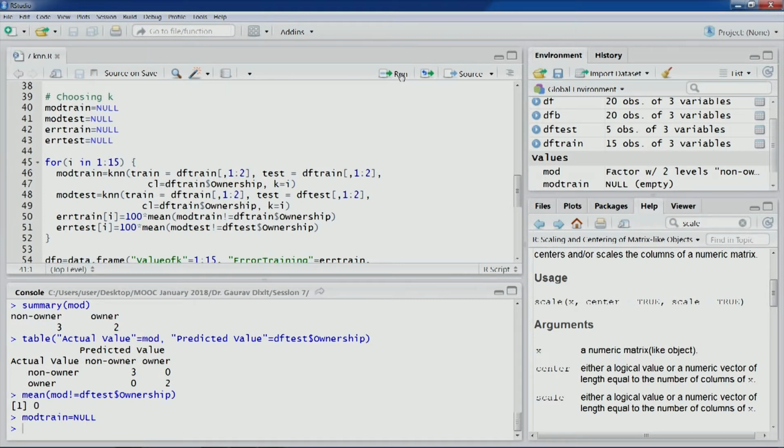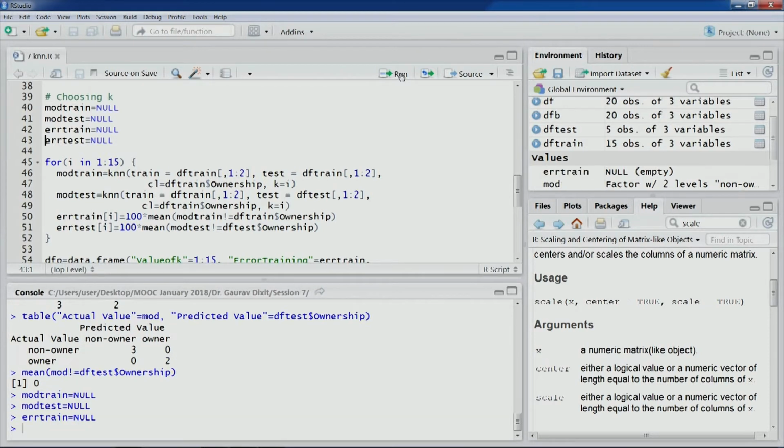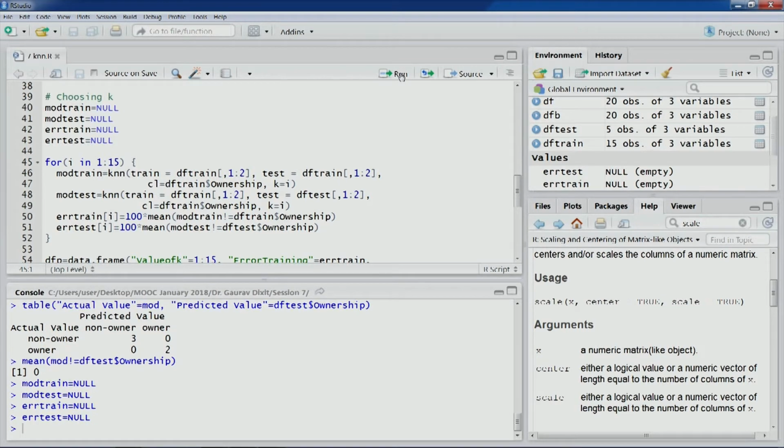Then we have error training, a variable to record the misclassification error in the training partition for different values of k. Then we have another variable, error test, to record the misclassification error associated with different values of k for the observations in the testing partition. Once this is done, we can run this loop.